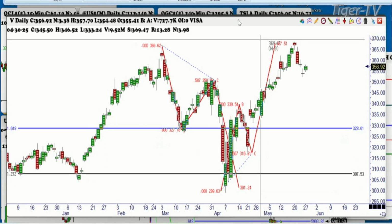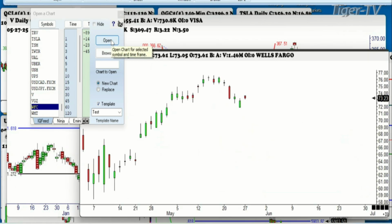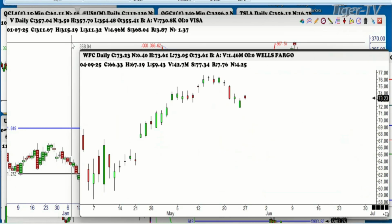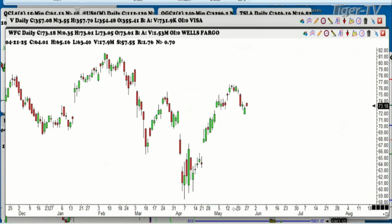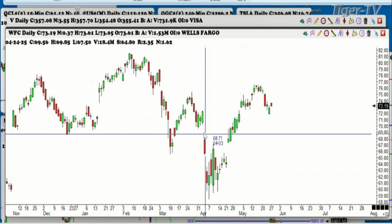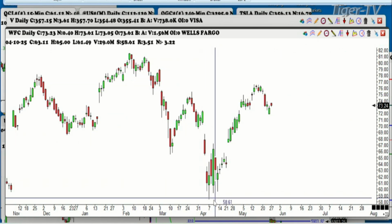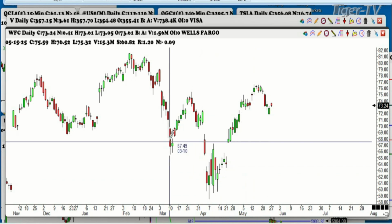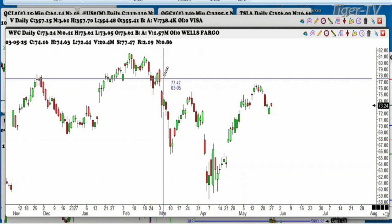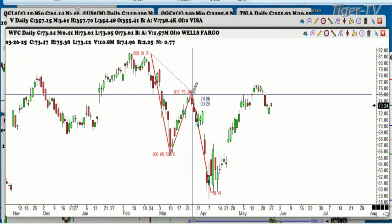All right, now let's get over, and someone's asked a question about Wells Fargo. Oh, okay. Now, Wells Fargo's had a pretty big run here from the bottom. Let's just get up here and take a quick look at it. I hardly ever look at this stock, but there it is on a longer term basis. There again, there you see your ABCD pattern right there on April the 7th. The whole world was bottoming on April the 7th, folks. If you look at the emerging markets, Hong Kong, China, all of them were making a major bottom there, along with us. And there's where we were. You can see we come in